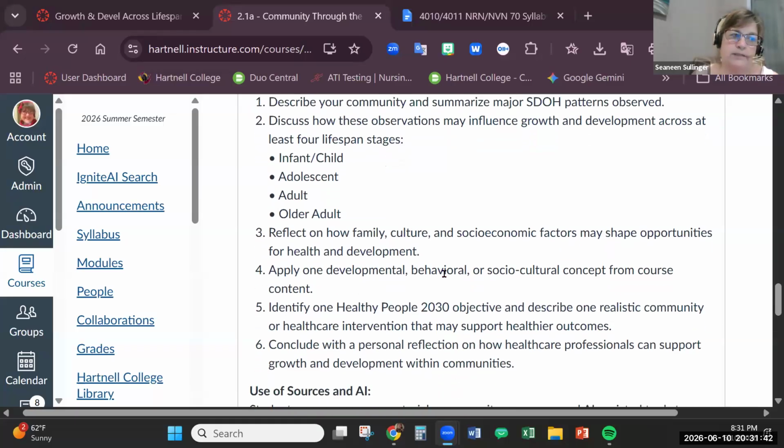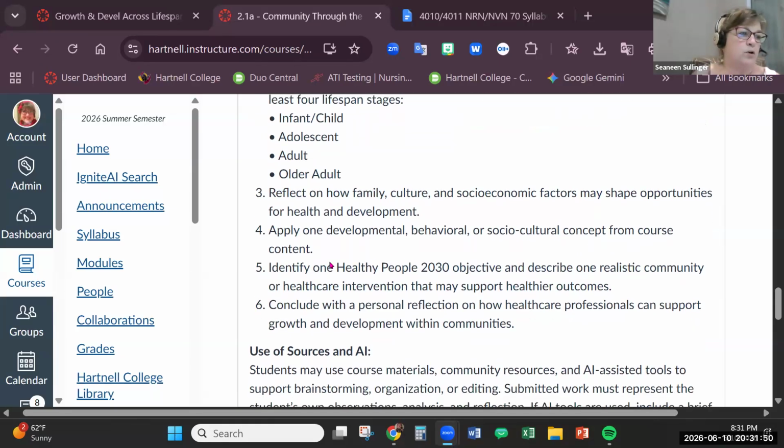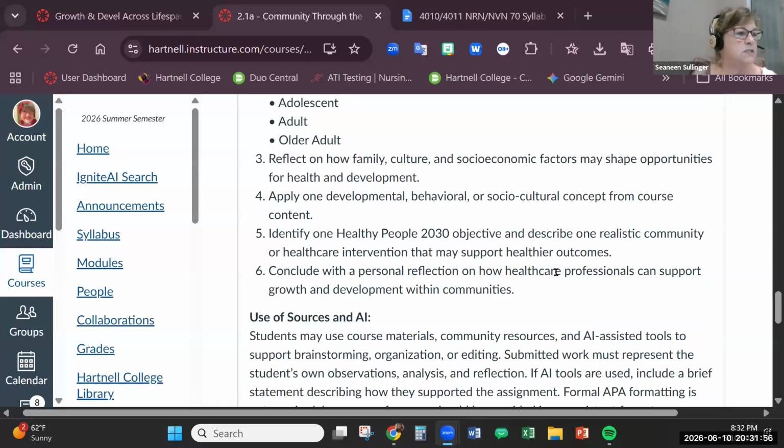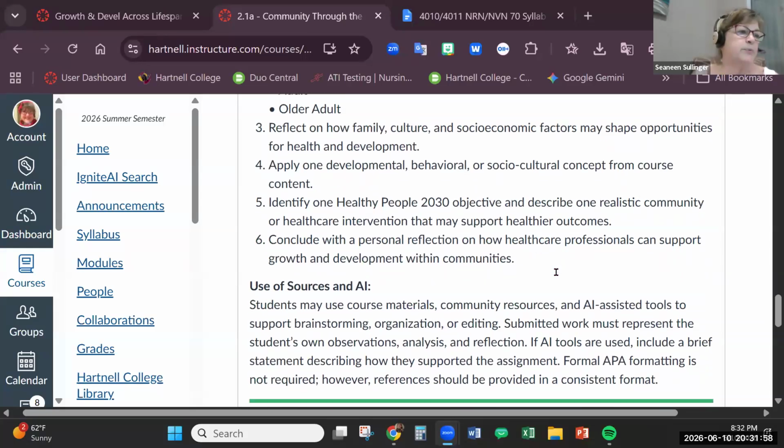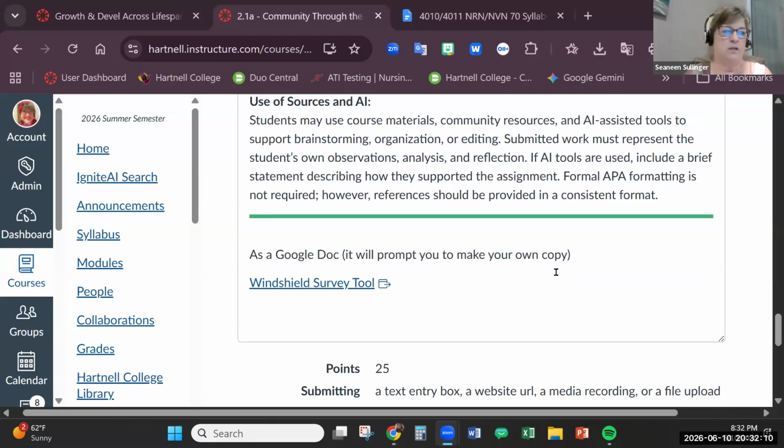And then you're going to apply a developmental, behavioral, or social culture concept. You could apply a theory. We talk about theories in week 1. Or look up a Healthy People 2030 objective, which is in the lessons if you don't know about those things. And then conclude with a personal reflection on how healthcare professionals, like you will be one day or may already be, can support growth and development within the community. So basically, you're going out into a community. Here's the